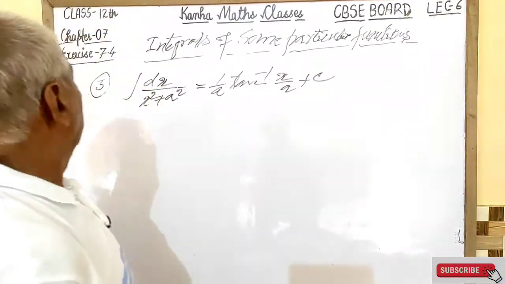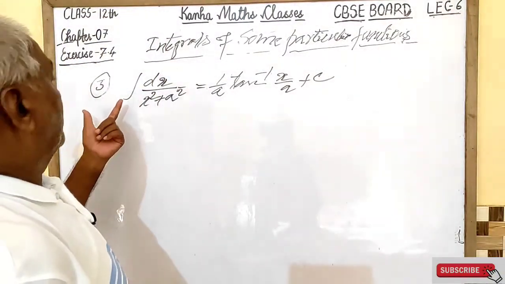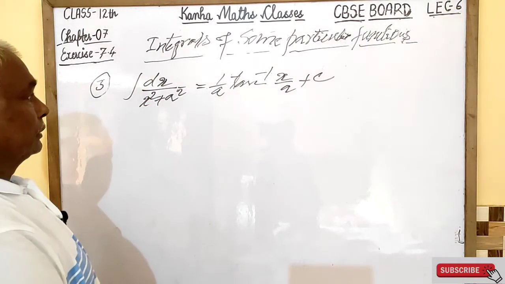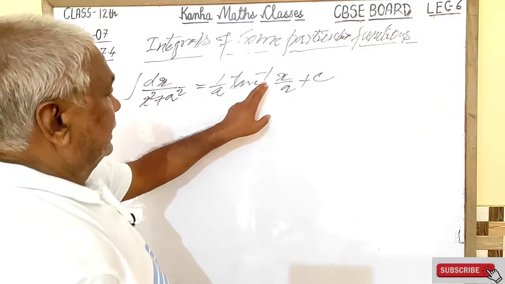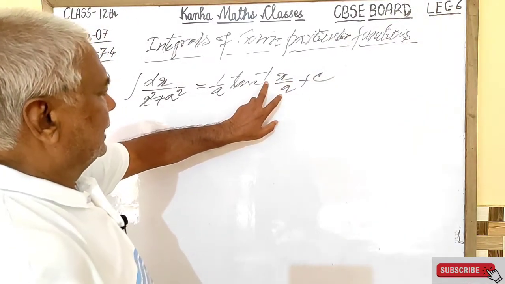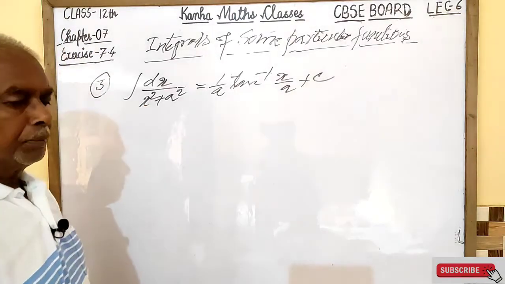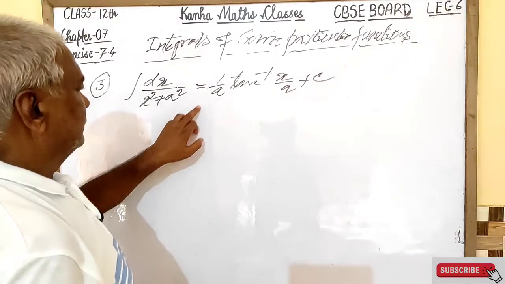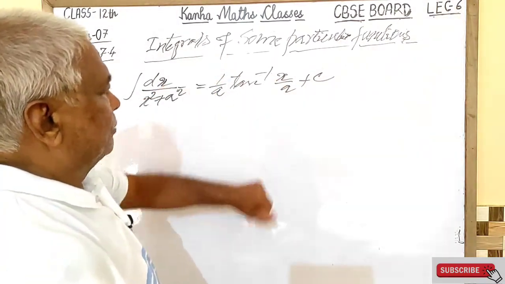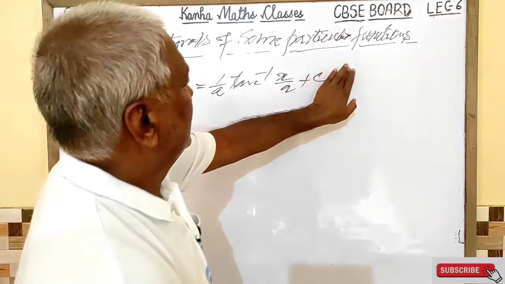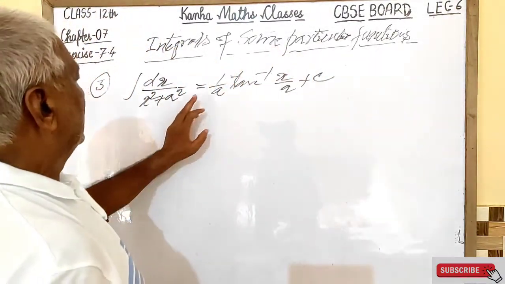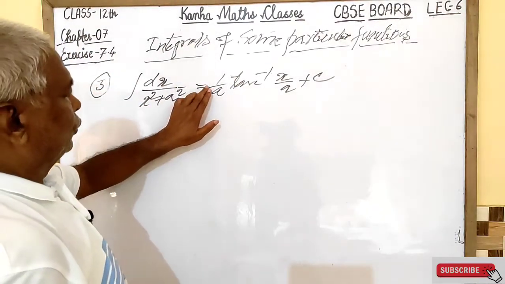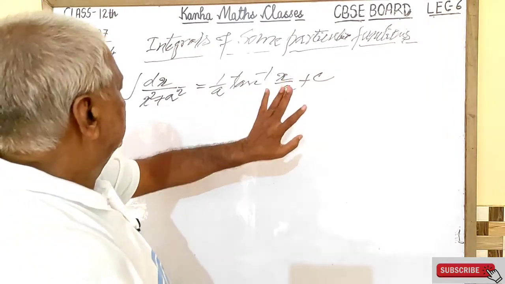Now we have here the third particular function like integral dx upon x square plus a square is equal to 1 by a tan inverse x by a plus c. Often and generally this standard form of the integration is used in many questions, but you will derive the foundation of this formula, and we will give here a proof that integral of dx upon x square plus a square will be equal to 1 upon a tan inverse x by a plus c.